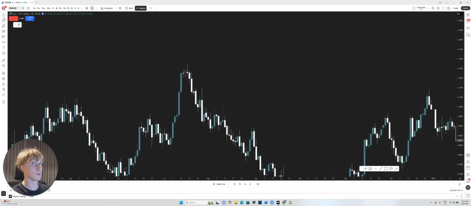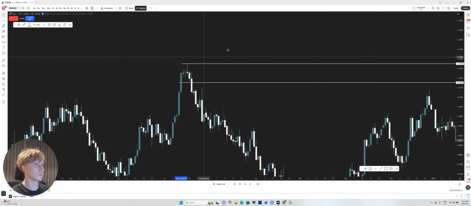So for an example, once again, what do we have here? We have a leg in, impulsive. And this is all the base. This is all the base. Indecisive, indecisive, indecisive, pretty indecisive still here. Look at the wick compared to the body. And then a huge move down. So we'll go through how to actually isolate the base, but just for this example, this right here is our base.